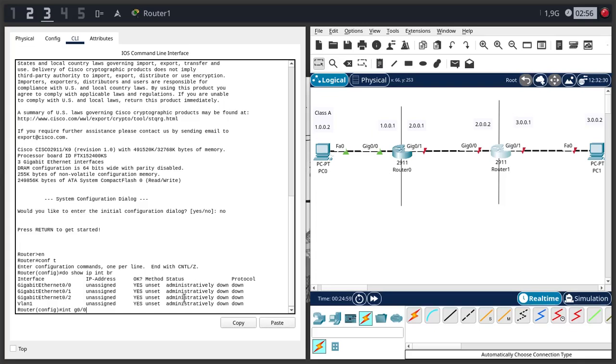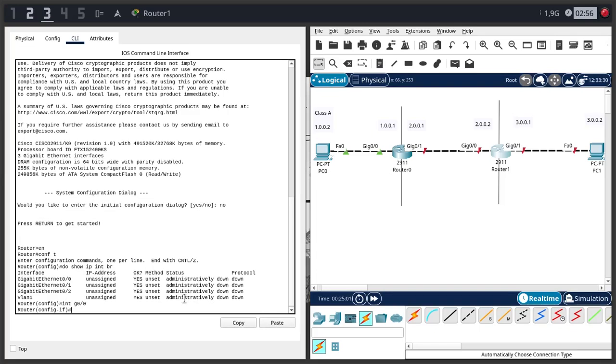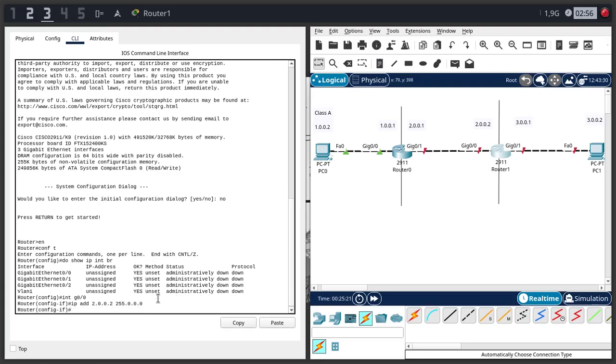So we're going to do int g00, and then we're inside the interface. Now we're just going to assign the IP add, short for address, and we'll do the left side first because we're in gig00. I'm going to add this IP and the same subnet mask because it's a class A network, and go ahead and